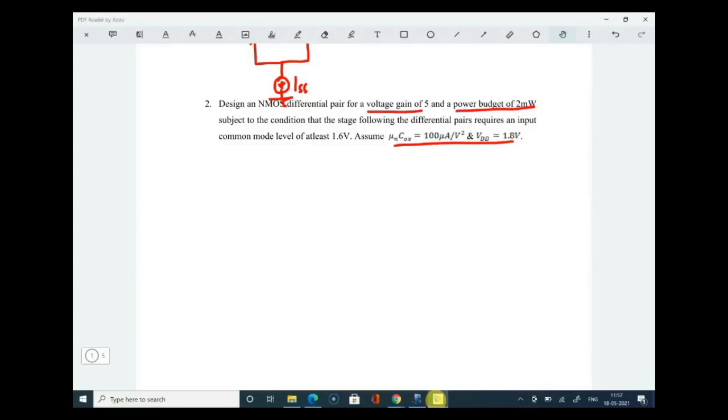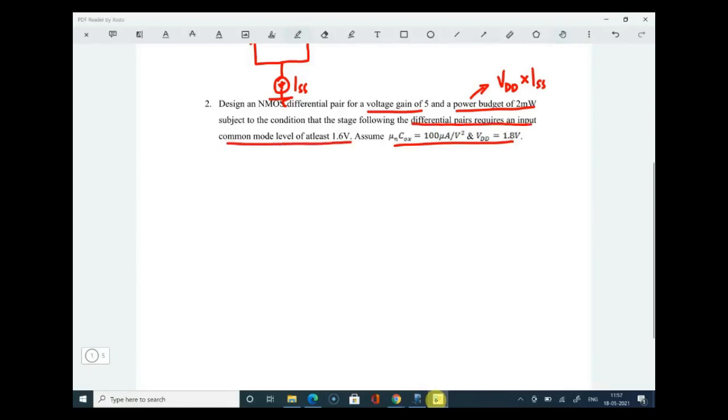All right. So that is subject to the condition that the differential pair... Yeah. The very important thing is the fag end of the question, the last sentence. Yeah. Go on, Sriharsha. Yes, then Bhuvan, you're right. Our budget in this case is the total supply voltage VDD times the total current, which is the tail current ISS. Yes. And the supply voltage is 1.8, and the differential pair requires an input common mode level of at least 1.6. So which differential pair is it talking about?